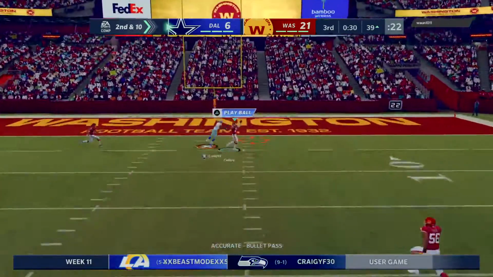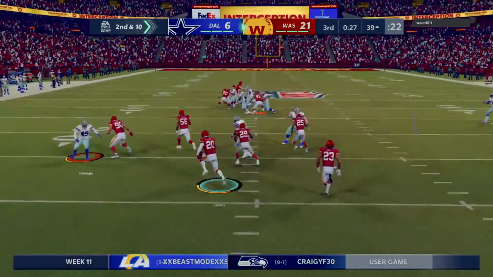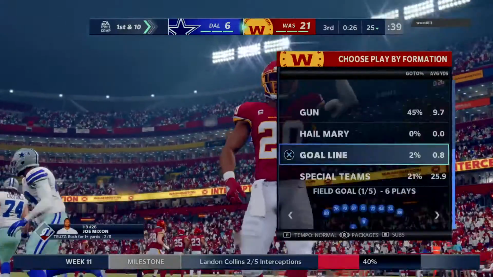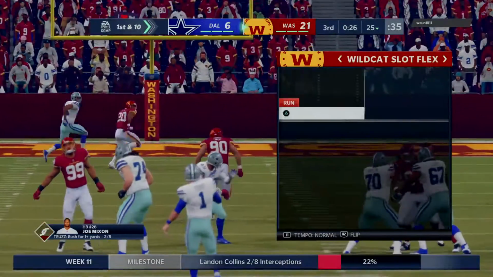Letting one fly deep for Cooper. He rifles one that's intercepted. Picked off by Landon Collins. And he will take it out to the 25-yard line. The rookie was trying to push it downfield, but the safety bit him. And he'll learn